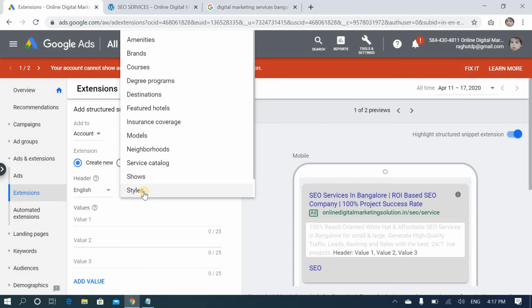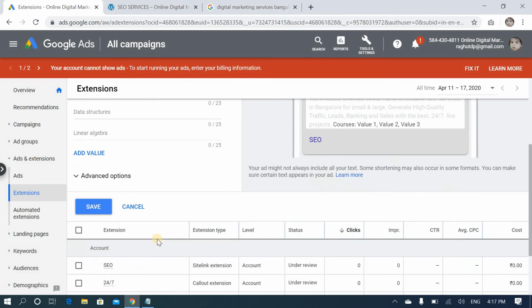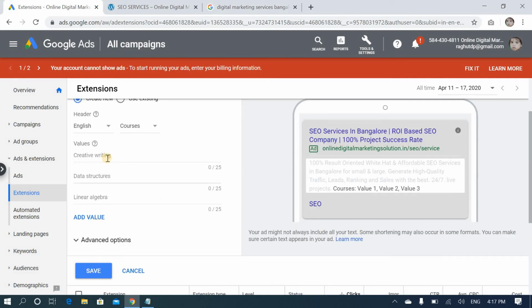Depending on your industry, you can select. I will select courses. What are the courses I am offering? I will mention here: SEO, SEM, and social media. Then I will save.